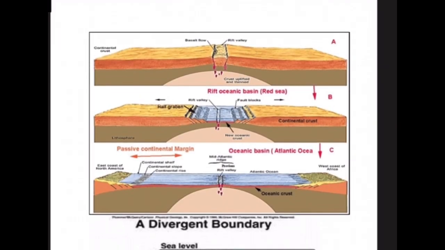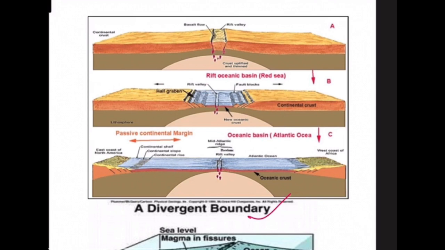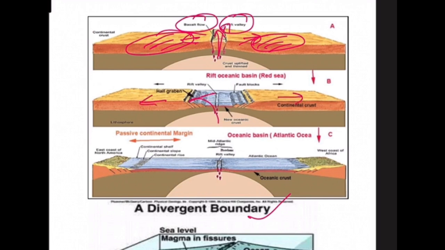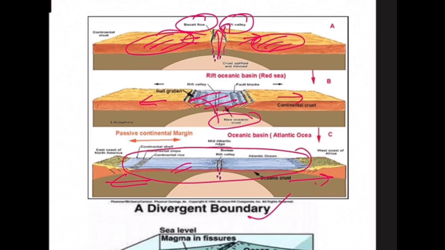Now, this divergent plate boundary can be understood with the help of the diagram once more. When the plates are moving away from each other, volcanic eruption takes place, forming the rift valley. Basalt overflows and mainly forms over the oceanic crust. As the plates move further away from each other, a rift is generated and new oceanic crust is also generated. Moving further away, this forms an oceanic crust in which a passive continental margin and an oceanic basin are created. And this one is the mid-oceanic ridge.